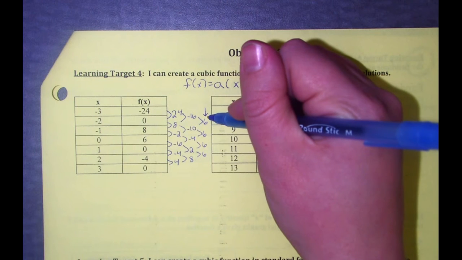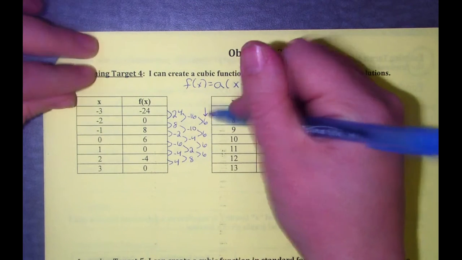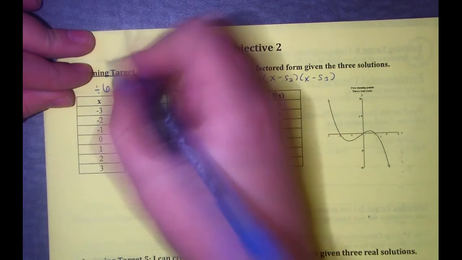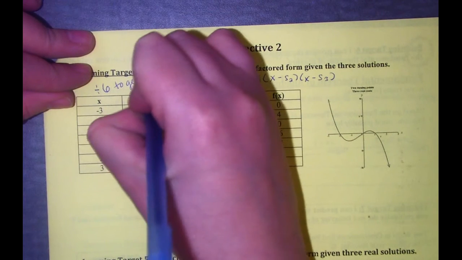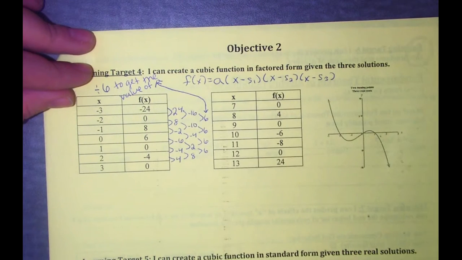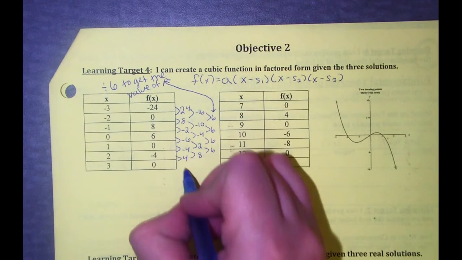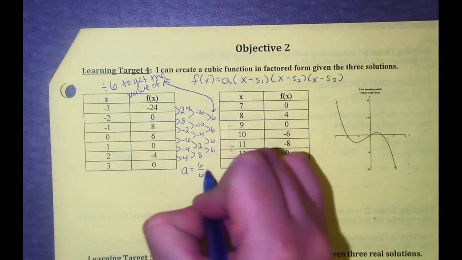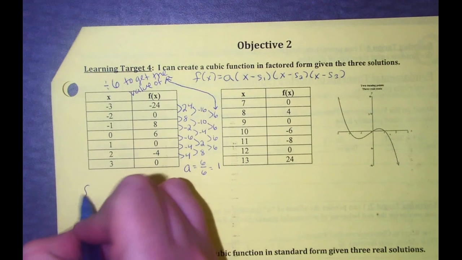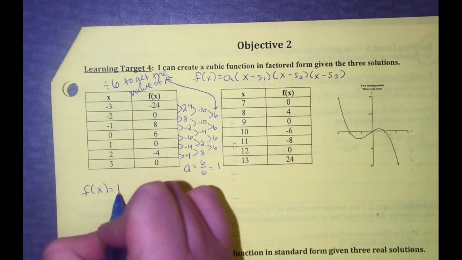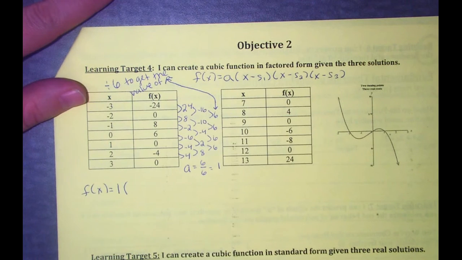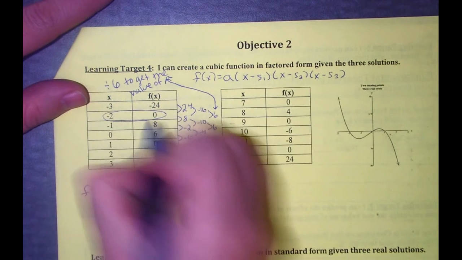You'll learn about that when you get to calculus. For right now, we're just going with you divide by 6 to get the value of a. Okay? So you take this number, you divide it by 6, and that gives you a. Which means our function is going to start out with f of x equals a, which is 1. And then we're going to use our three solutions. Remember that the solution is the x-intercept, which happens when y is 0. So that's right there,